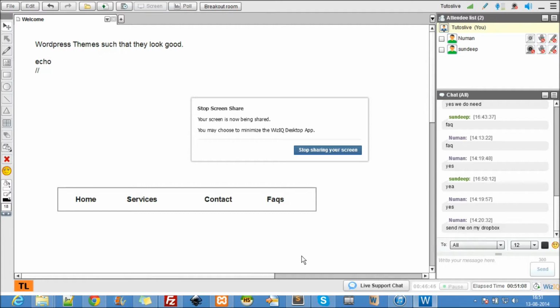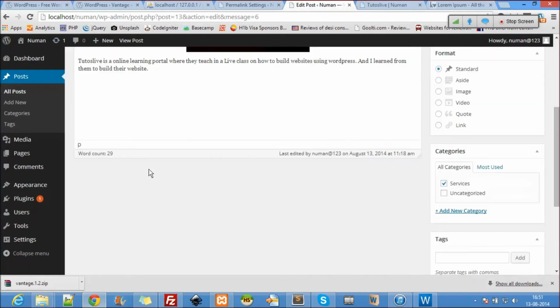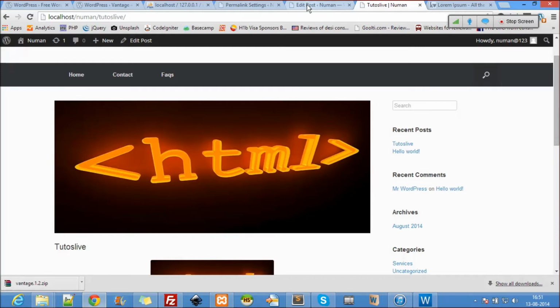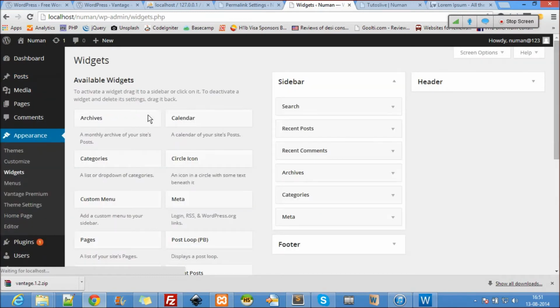Okay. So yeah, let's go to this part again. About this side part, right? Let's go here. Appearance and widgets. So you can see here the sidebar. These are all the things. Search. You can see search.